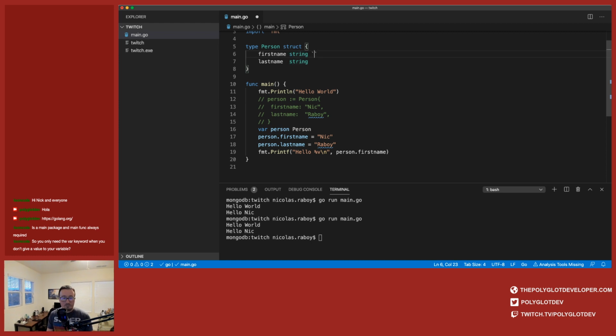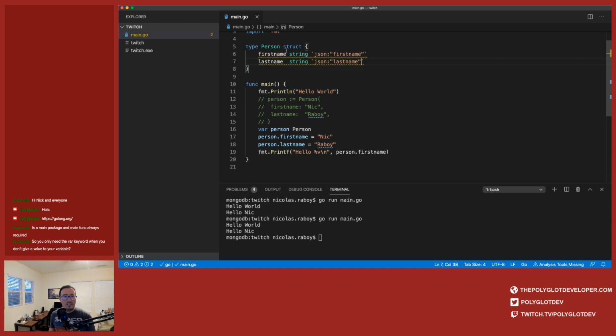So for example, let's go ahead and say that we wanted to map this to JSON. So I'm going to say JSON, and I'm going to say that this particular first name, it probably makes sense to map it to first name. It doesn't have to be. The JSON annotation does not need to match the name. Let's say that this JSON annotation is last name.